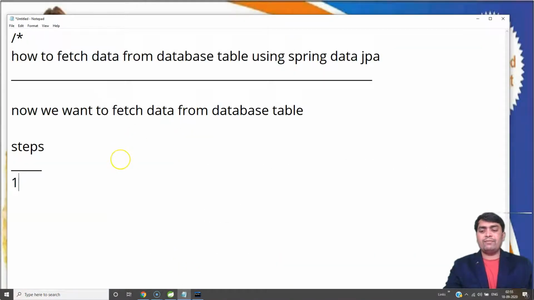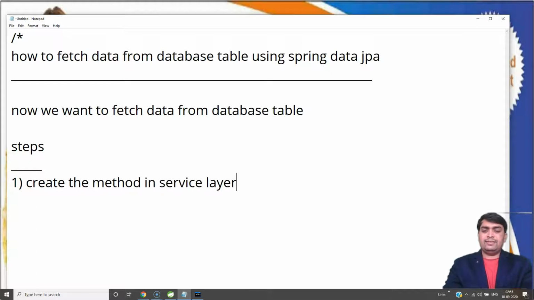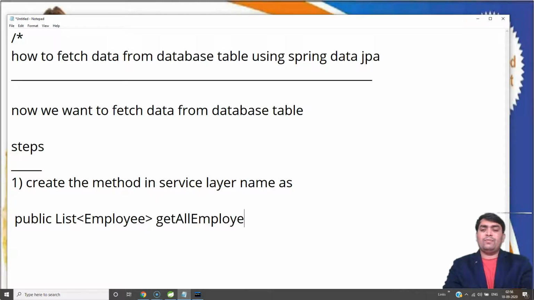The first step is to create a method in the service layer named public List<Employee> getAllEmployees. This is the very first step.